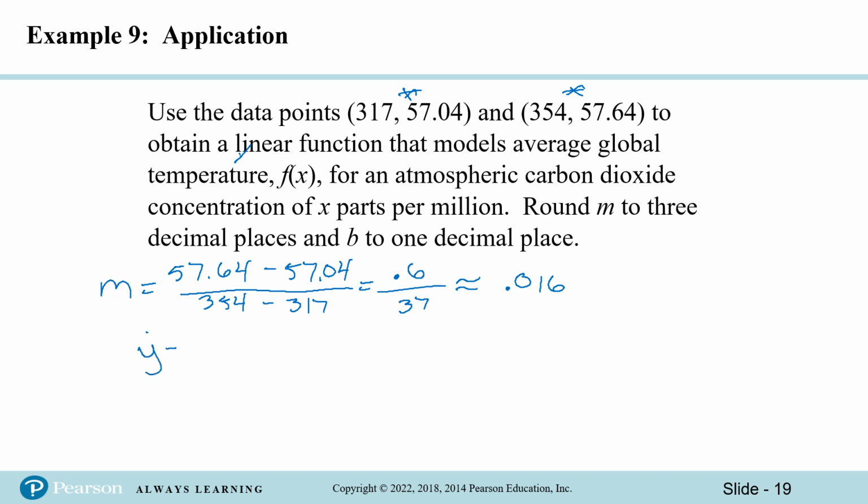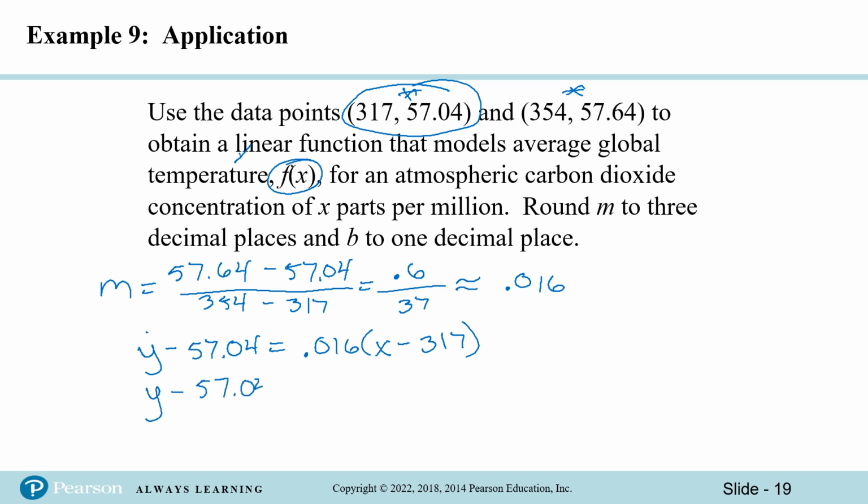So y minus, pick a point, doesn't matter which one, just pick one. So let's just pick this first one. So y minus the y value, 57.04, is equal to the slope, x minus our x value. And then because they told us f of x, what they want is for us to solve for y and then replace that y with f of x notation. What does that mean? So I need to distribute my 0.16